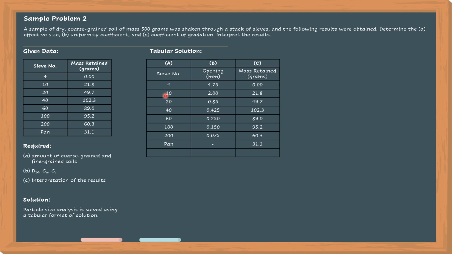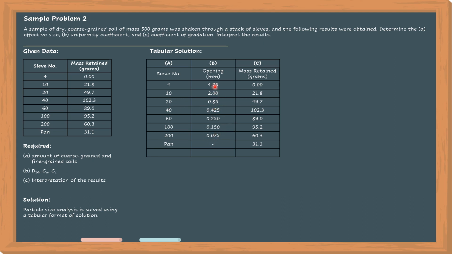the specification for Tyler Mesh. Okay, so you can see it there. Or I will just upload the reference here. So you will see in the reference standard that sieve number 4 has an opening of 4.75 mm. Sieve number 10 has an opening of 2, and then sieve number 20, 0.85, and so on and